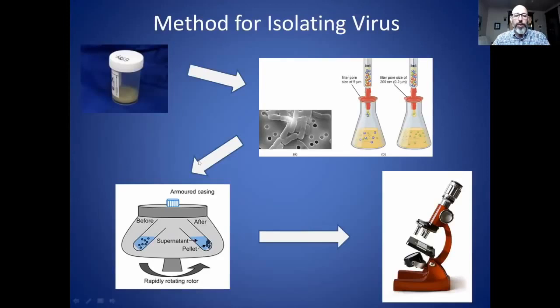Then you take this filtrate and use a centrifuge with a density gradient solution. So you put the density gradient liquid in the tube, then add the filtrate and spin it. What it does is form a band of the particles, because they all have the same density. And then you could easily take a pipette and suck those particles out.